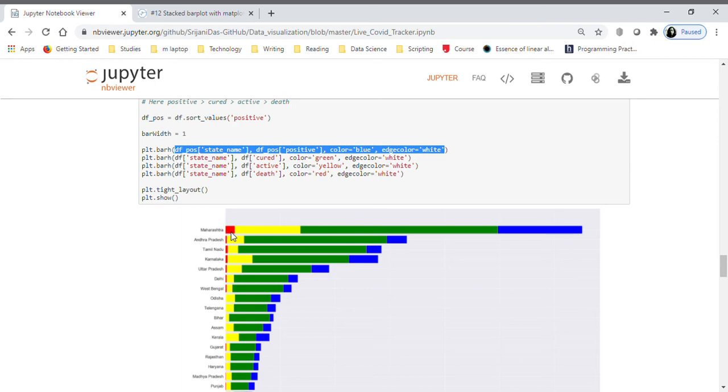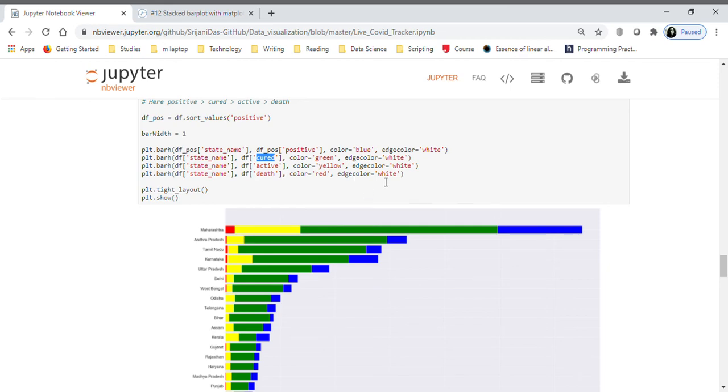So what I figured out while plotting this is that when I plot the cured one first and then the positive cases second, it's actually overlapping, and if you plot the smaller number first, the larger number will not be visible.